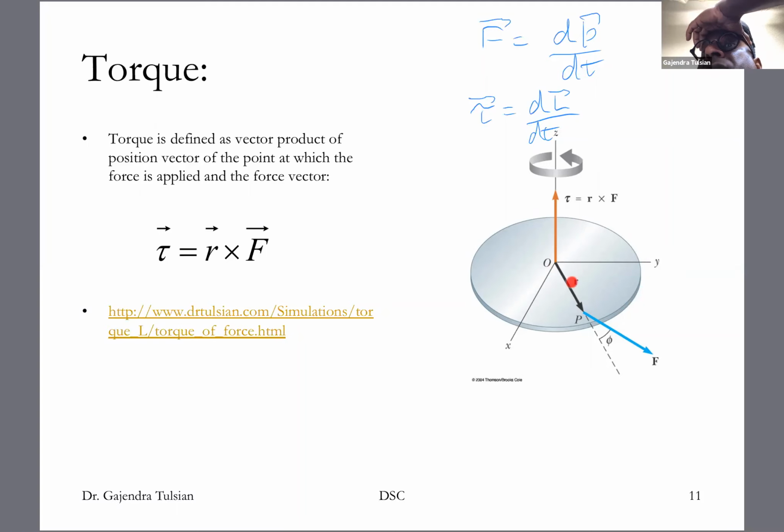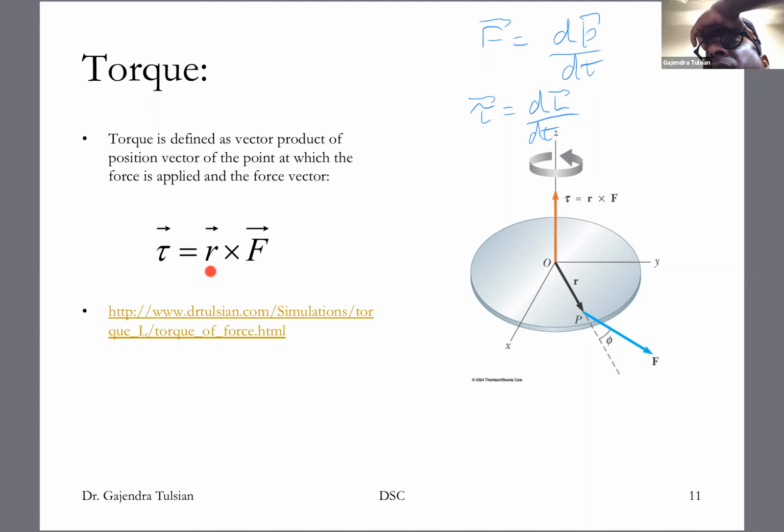You can see all of that in this simulation, so I urge you to go see that. The effectiveness of this force, with the same magnitude, depends on what angle you apply the force; it might make it rotate faster, slower, and so on. If you apply the force at this point in this direction, the object would not rotate. So the effectiveness of the force in making the object rotate is measured by torque, and the torque is